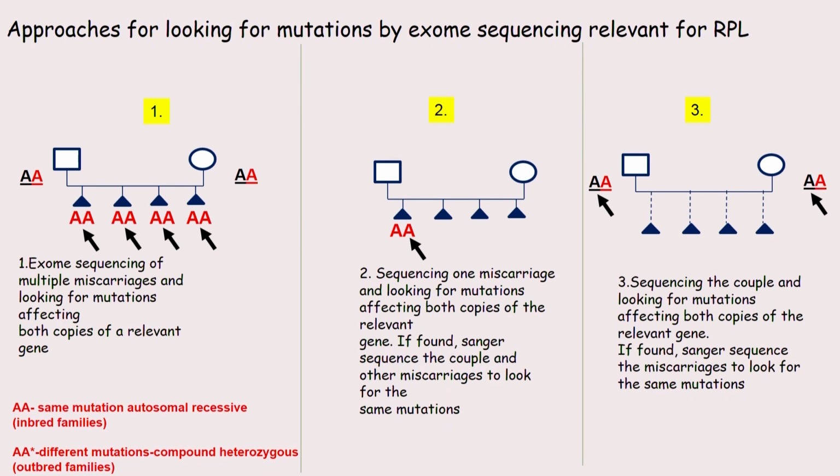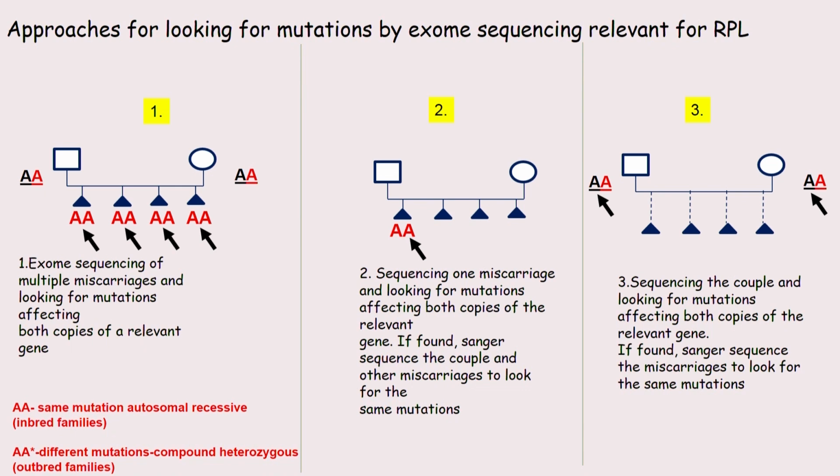looking for mutations that are heterozygous in the couple, so affect only one allele or one copy of the gene, but the mutated copy is transmitted to each of the miscarriages. So the miscarriages have no normal copy of the gene, so both copies have a mutation. The mutations can be the same, called homozygous, or can be different, compound heterozygous, inherited one each from